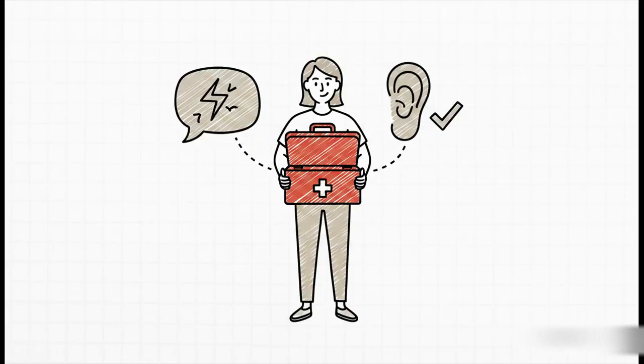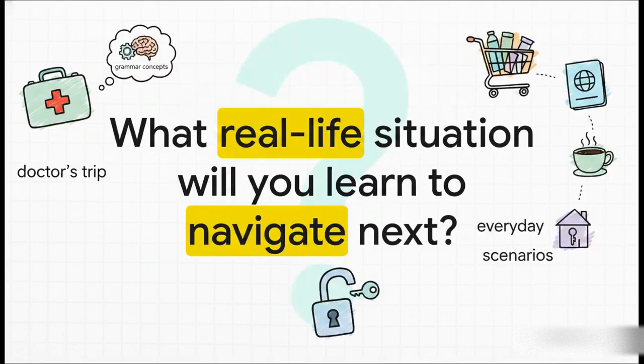And that's really it. You now have the key pieces of grammar you need to walk into a German doctor's office, explain what's wrong, whether it's for you or someone else, and actually understand the instructions to get better. You're ready. This whole thing just goes to show you that learning a language is so much more than memorizing vocabulary lists, right? It's about unlocking real-life situations. You've basically just been handed a set of keys to navigate a trip to the doctor in Germany. And it kind of makes you wonder, doesn't it? What other doors could you open if you just had the right grammatical keys?